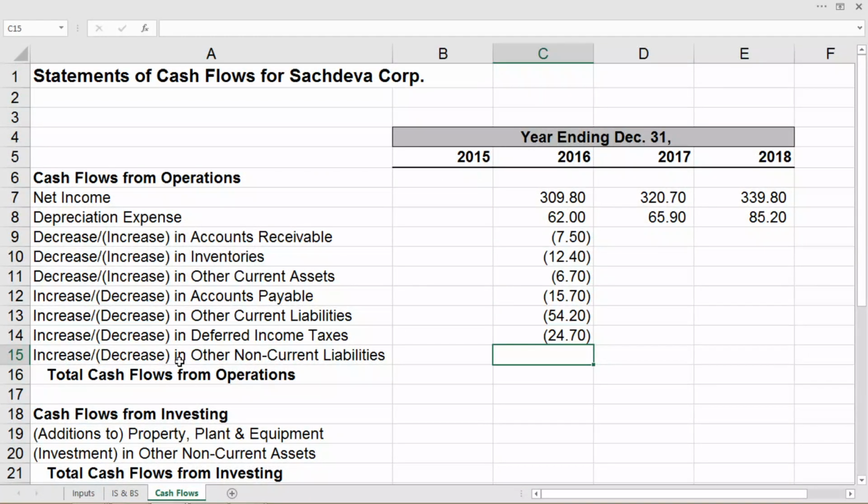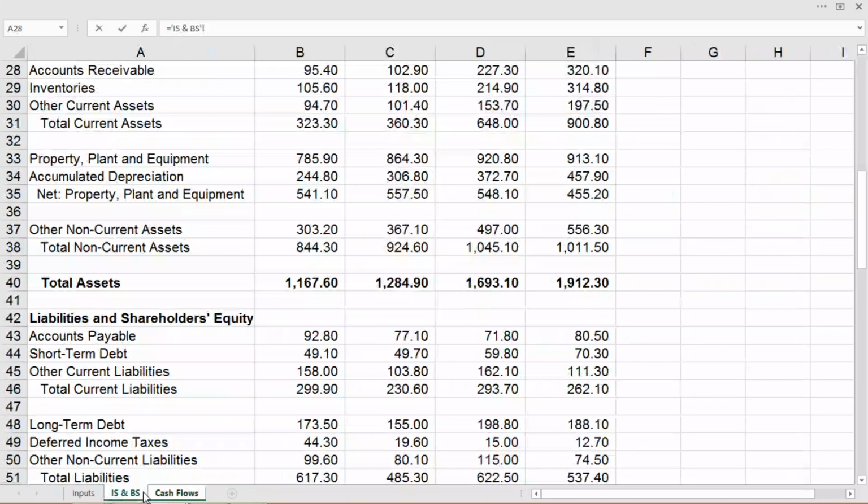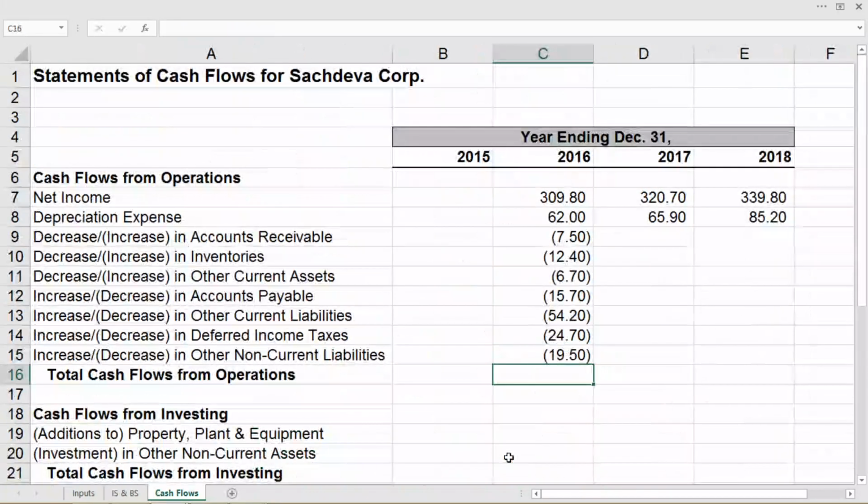Now to calculate the increase or decrease in other non-current liabilities, we have equal to C50 minus B50 and enter. Now to calculate total cash from operations, we'll use the sum function. So equal to sum parenthesis, selecting the range C7 till C15, parenthesis close, enter.